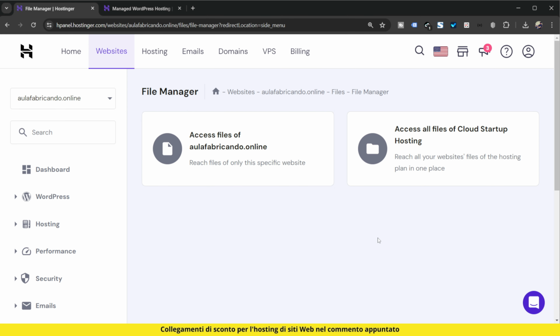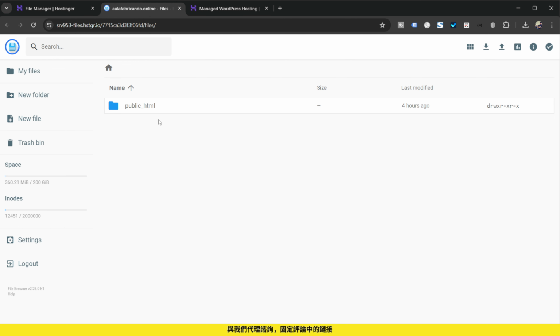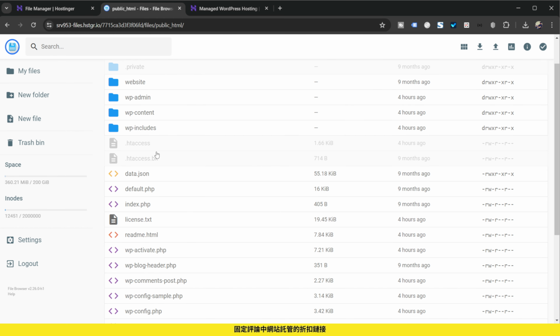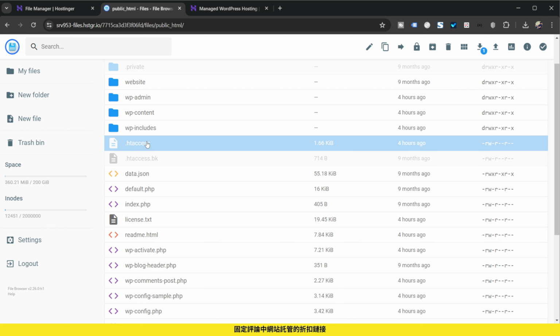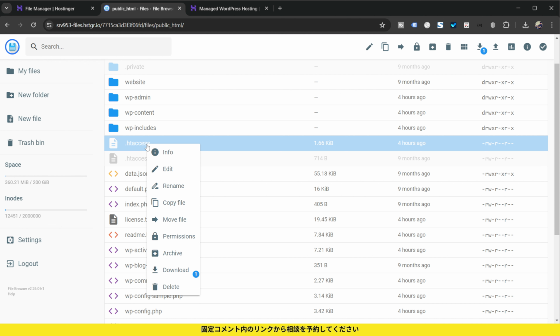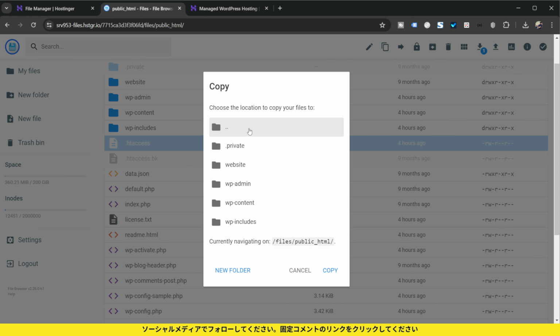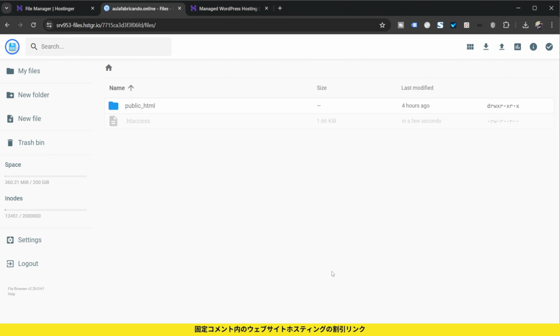Go to the File Manager and look for the current .htaccess of my website in public_html. I will look for the .htaccess file. It is here. The first thing I should do is create a copy of it. So I go to Copy File, select the current folder I'm in, copy, and it will create another .htaccess for me outside of